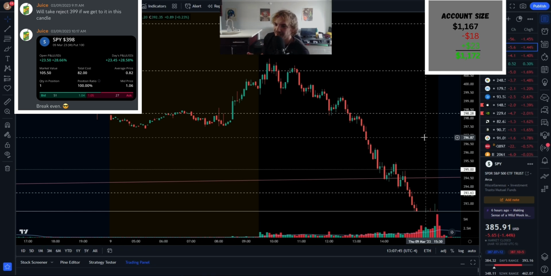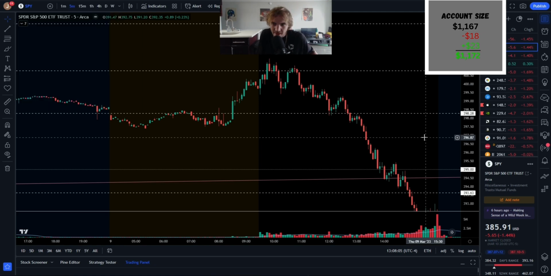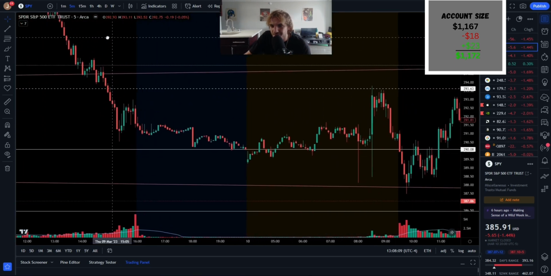Not a bad trade. I was more protecting profits on this. So once I made a decent amount of profits, I really should have let the trade play out, because as you can see, if I just would have let the trade play out, it would have been a lot better, a lot crazier. So I definitely should have let it play out, but hey, still made it out that day green. It was a more break-even type of day for this account, but hey, it is green, right?